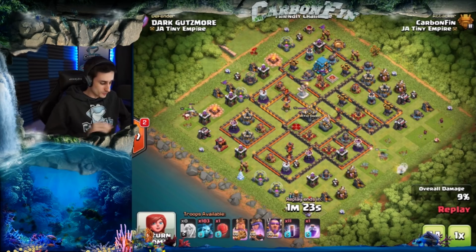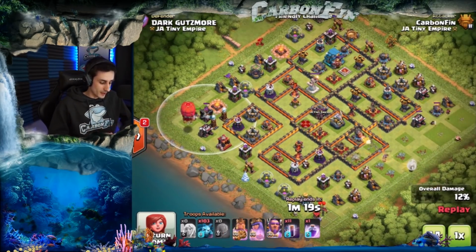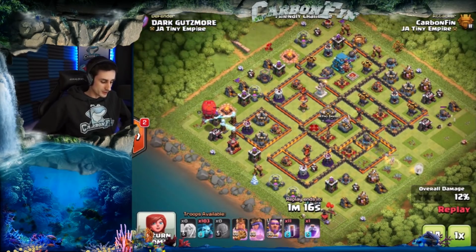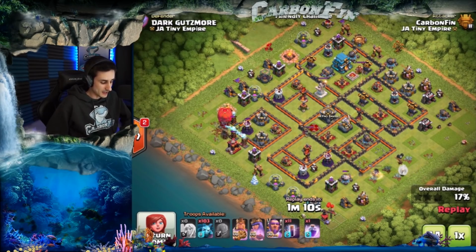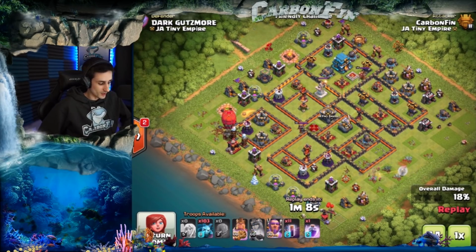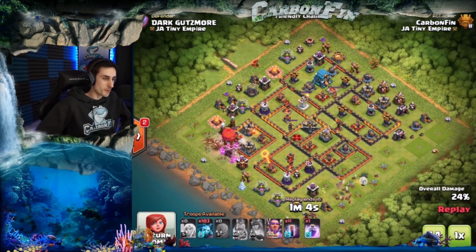But look at this. So I do drop the king on this side because I knew from a previous hit there's a Tesla farm over there. I dropped the queen over here on the queen walk. She's going to actually walk south. I'm going to pop her ability pretty soon. I do drop that siege machine right there to take out a bunch of those defenses and take out that wizard tower with the dragon in it. Queen pops ability, and then it's going to be a mass just